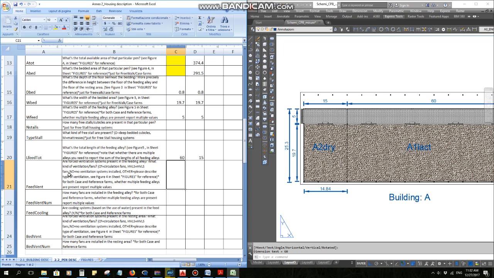So feed vent. These last 5 rows regard the ventilation systems installed within each pen, not each building but each pen. So in this case there are no fans at all, not at all. So we're going to write down there are no ventilation systems, so no. Okay, but in cases where ventilation systems are in place, which in my opinion is going to be in most situations,